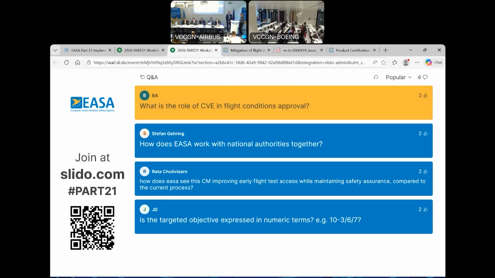Okay, we will take another question and then we'll go over to the next presentation. So this question is about the role of the CVE in the frame of the flight conditions approval. Yeah, twofold. When we talk about privilege, it's mandatory that there is an independent checking of the substantiation that are provided for flight conditions. For the cases we discussed in, or will discuss in the CM, we would say propose or we ask you to at least establish a 4 eyes principle,